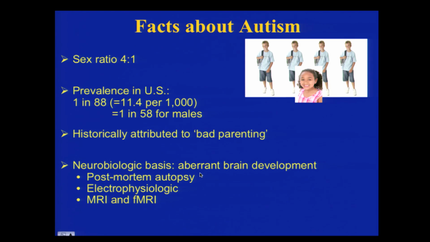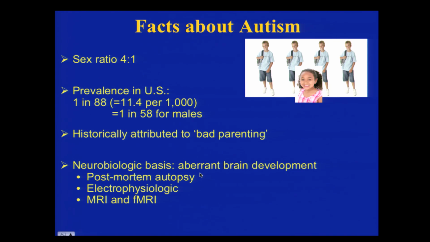Historically, autism for several decades was attributed to a cold parenting style, and this really arose from work by Bruno Bettelheim, who published in the 1960s, saying that essentially this was really parents who were responsible for this kind of turning inward of children. We know that that is actually truly not the case, that there is a neurobiologic basis,